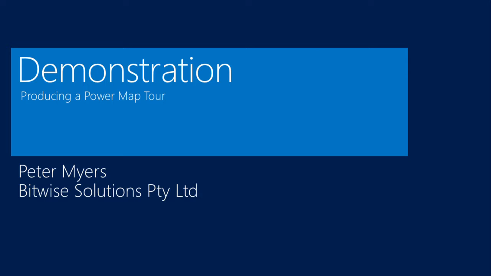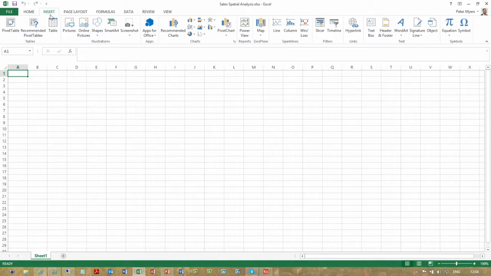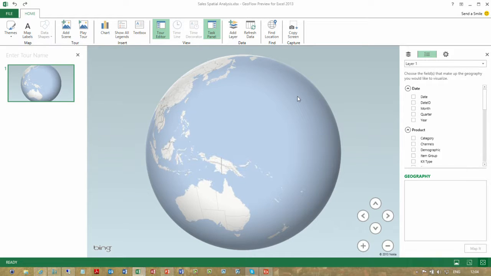Bit of smoke and mirrors going on here because I'm actually switching across to a different workbook. It's been optimized for working with Power Map. The add-in has been installed. What that means is I can come to the Insert tab and I have this mapping capability here. So I can go ahead and launch GeoFlow. Now, there is a Power Pivot data model in this workbook that's very, very similar to one that I've demonstrated to you here today. Now, here in this new window, and you must be connected to the internet for this,